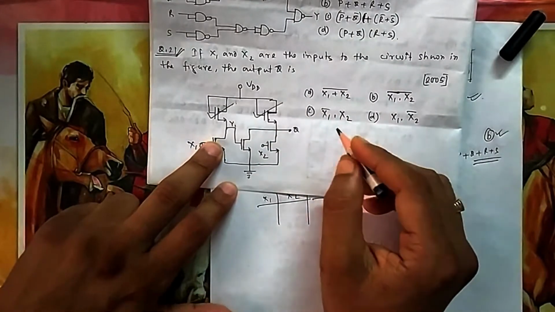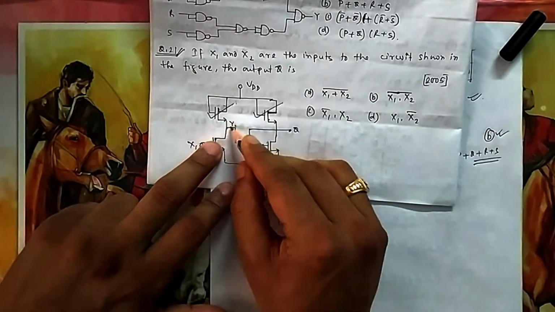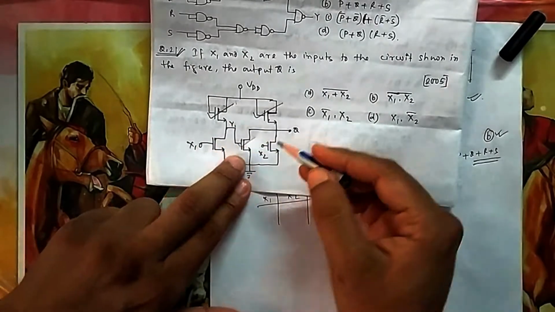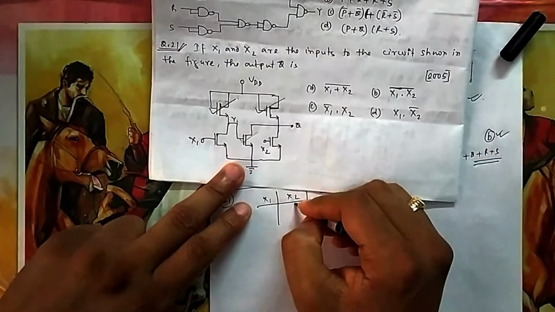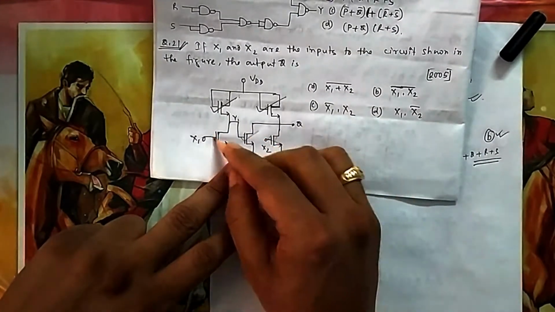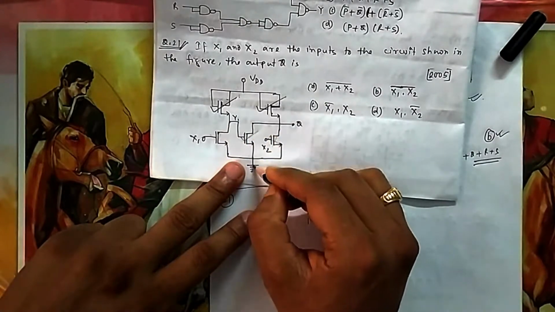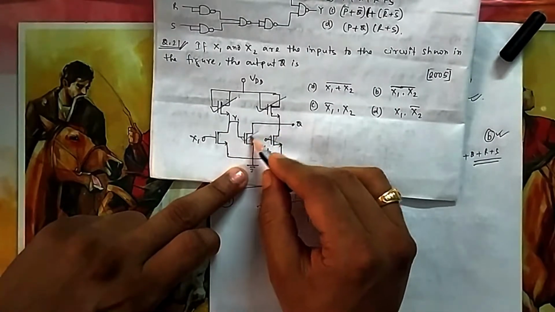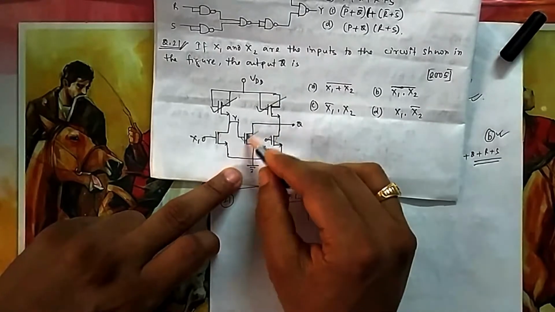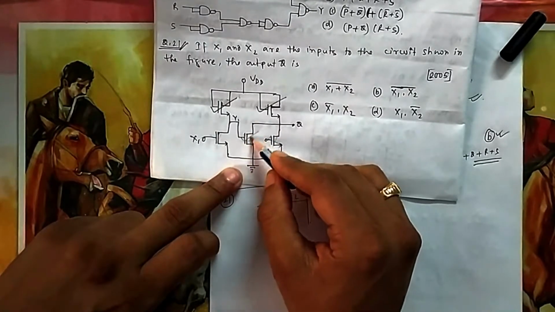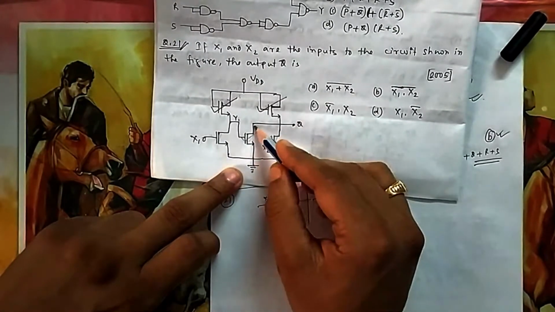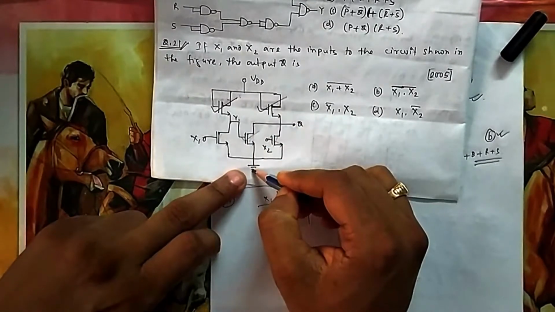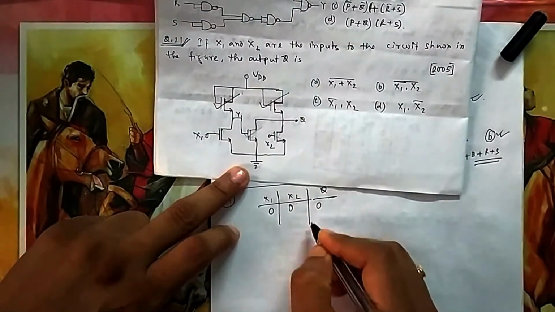Both the time. Okay. Now because this is on, it will get this feedback. So this is also on. Once this is on and x2 is also 0, so this is not connected, this is not connected. Because this is on, that means Q is directly connected to ground. So you can think, because this is switched on, just you connect it. So transistor is just like a switch. When you give pulse, then it will be just a short circuit you can think of. So it is a switch. So Q is connected to that ground. So 0. So if both inputs are 0, then your output is also 0.